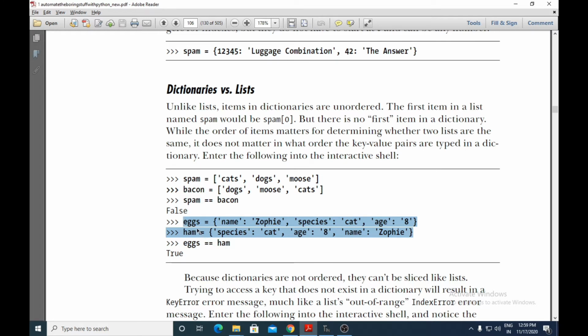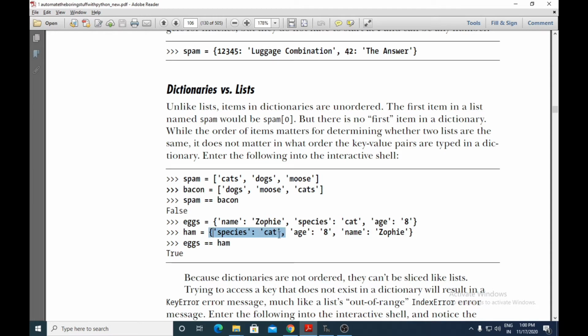For example, the first variable is eggs. For eggs you have given a dictionary, where the key is name, value is Zophie; key is species, value is cat; key is age, value is 8. So we have three key-value pairs. We have one more dictionary here with the same values, only the ordering is different.